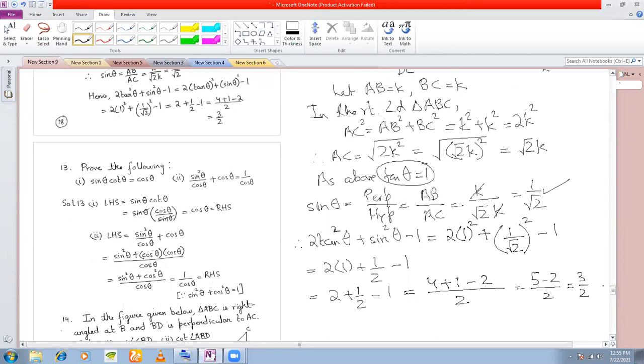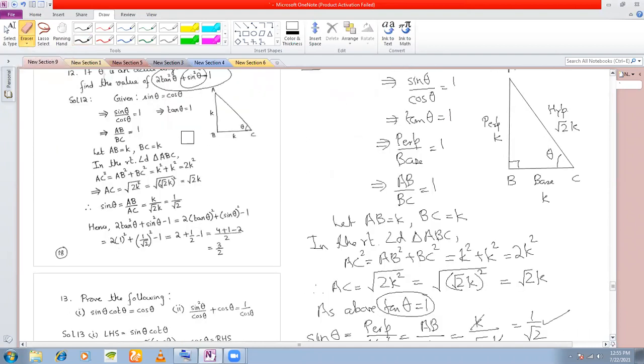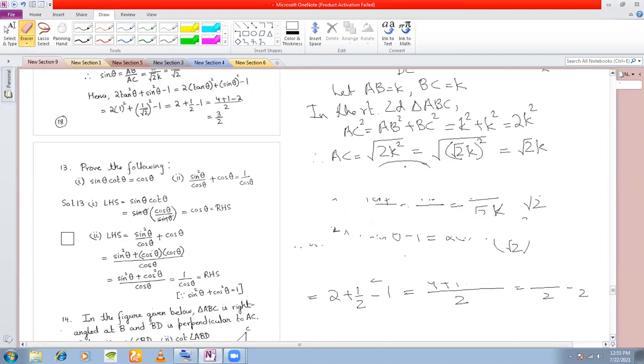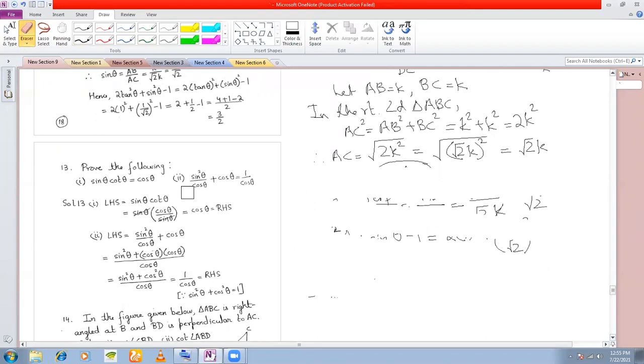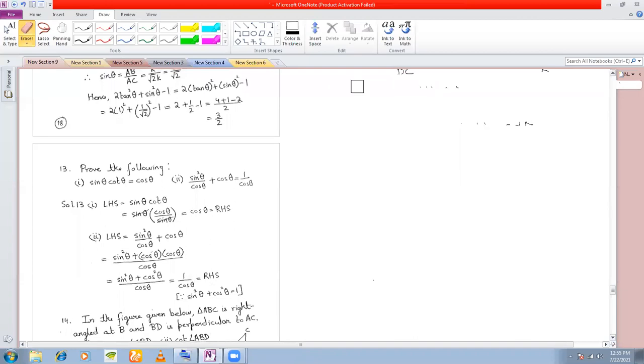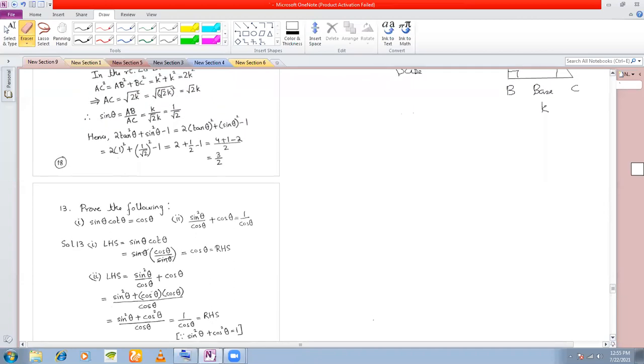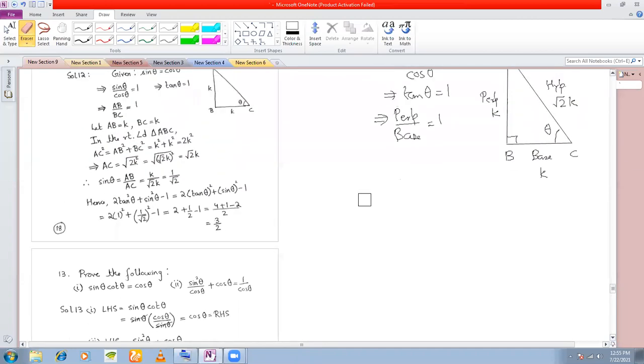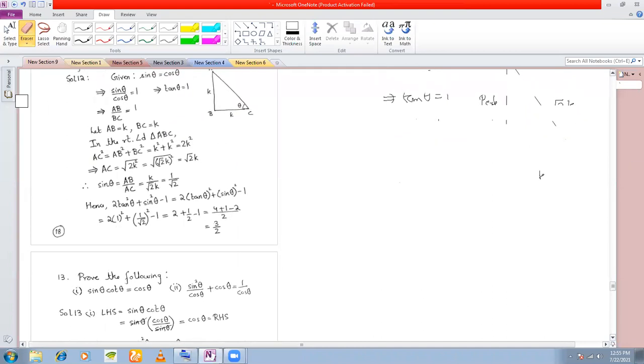This was method 1. I'll show you another method. In fact, I can show you a third method also for this. But 2 methods will be sufficient. Is this method clear to everyone? Yes, sir. Then we move on to the second method, which is actually a method that concerns your next chapter. In fact, we don't even need a right angle triangle for this method.